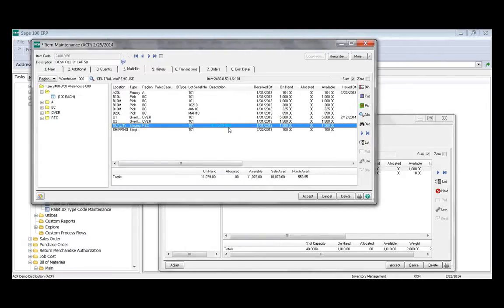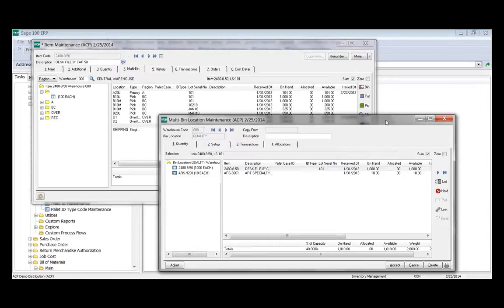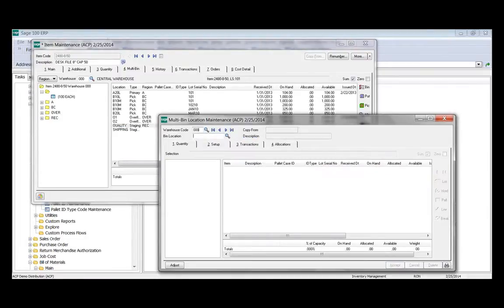Why would I do that? Goods were just returned. They haven't been checked out yet, or maybe it's in production. They're finished goods. You put them into a location which you're restricting. Another good one might be a staging location